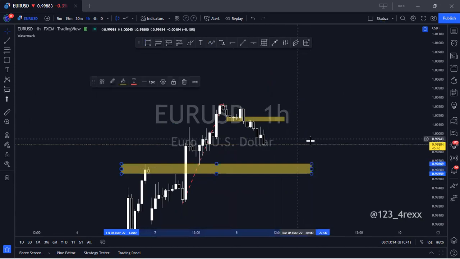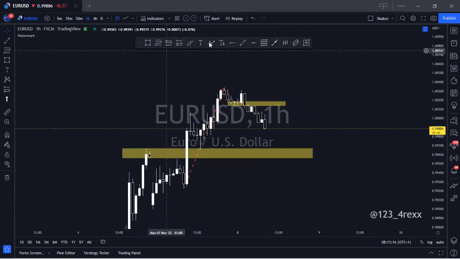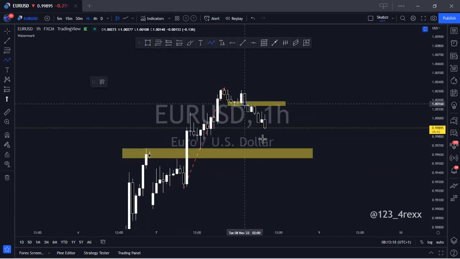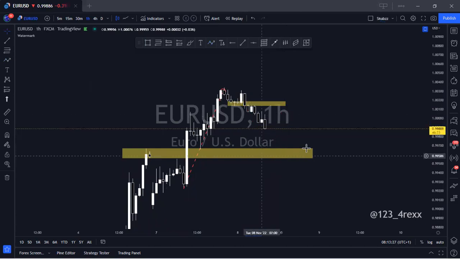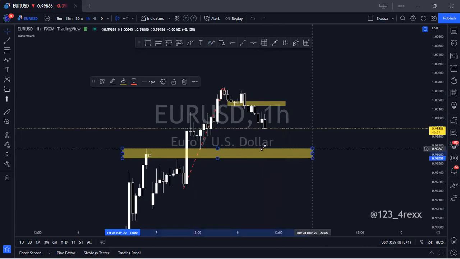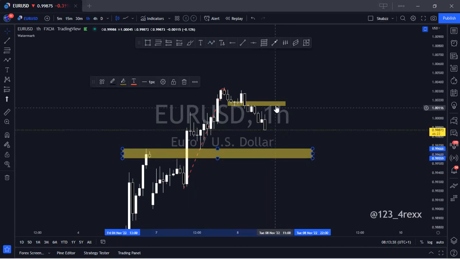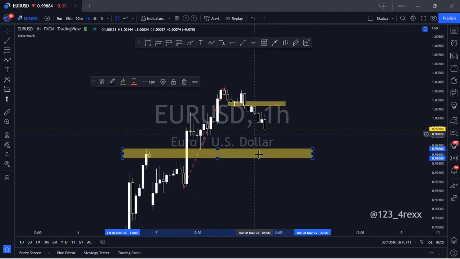So now, what we can expect here is if we actually have price come to retest this level, then go back to actually tap into this place here. So now, once price gets into this area here, this one that actually broke this high that we had last week, let's watch and see if we're going to have any rejection candles, any indication that we're going to have any buy. Now, if there are any indications that we'll have a buy, then we can take the buy. But if there's no indication and then price just starts going back up carelessly, then maybe price is going back up to retest this one here.